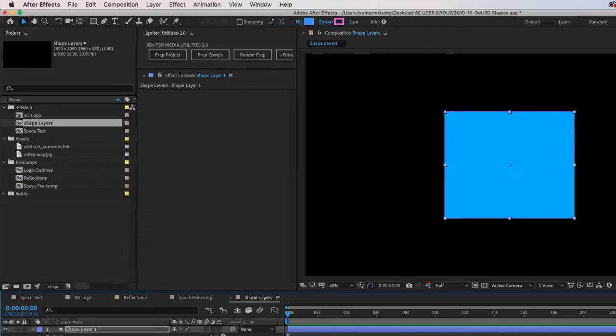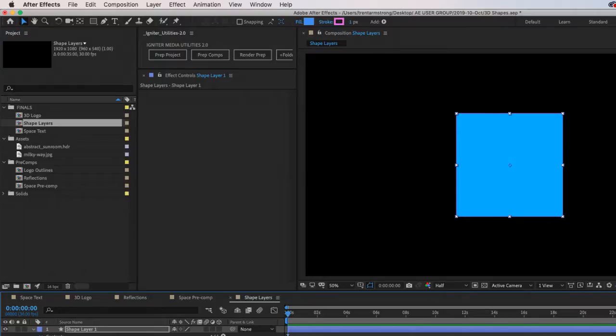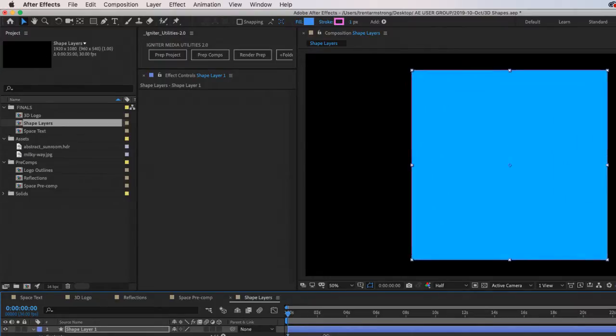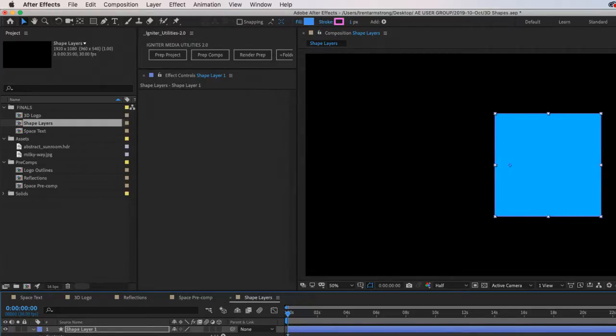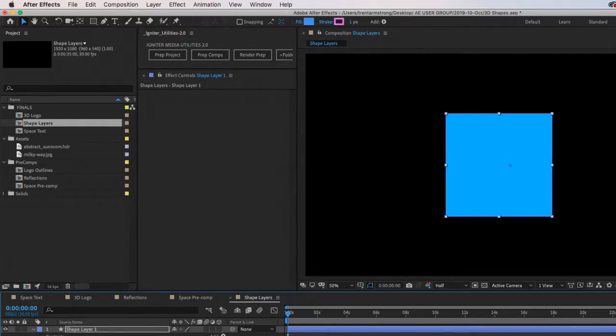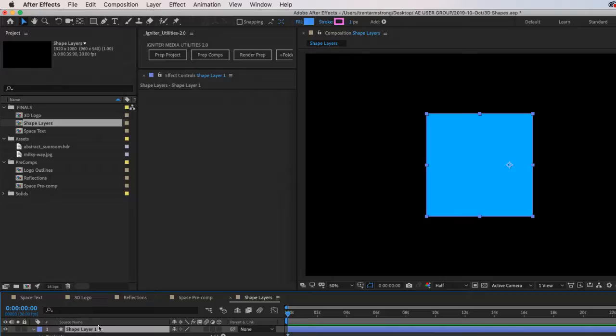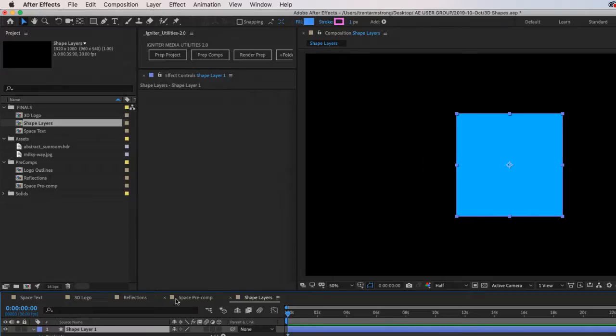You can resize here. Just make that a square and lock it back. There we go. You can even change your position, and when you do that, you're changing the position based on your anchor point. If you don't like it, you can center it up again, but your position is still in a different place.